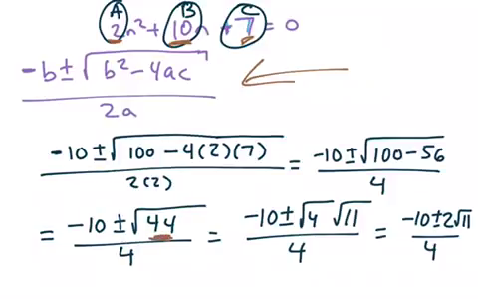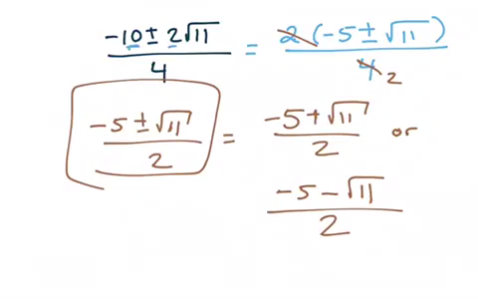You got to realize when you have the square root of 44, you can take out a square root of 4. Why did I take 4? Because that's a perfect square root. What do I mean by perfect square root? The square root of 4 is 2, right? So possible perfect square roots are like 4, 9, 25, 16, 36, etc. Okay, square root of 4 is 2, and when we break it down,